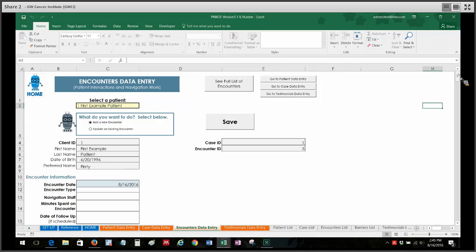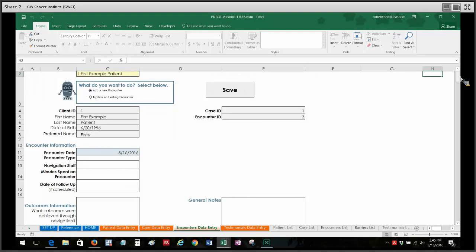fields. Now, usually data entry should go fairly quickly, but I just want to go through some of these fields in greater detail. So all these gray boxes are filled out for you, and you don't really need to worry about them. This is just some identifying information pulled from the patient data entry section. The case ID is automatically filled out based on your patient's most recent case number. And then encounter ID is a number that is automatically assigned to this specific encounter and uniquely identifies this encounter as this encounter or no other encounter, and that you also don't need to worry about because it just sequentially